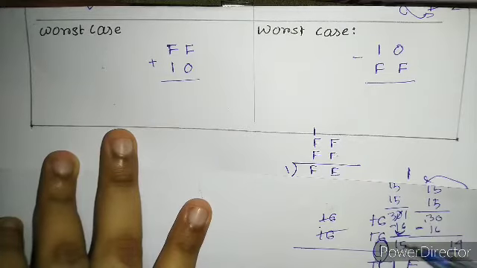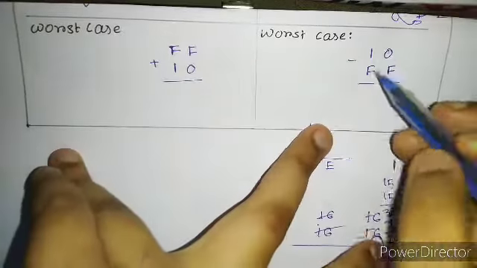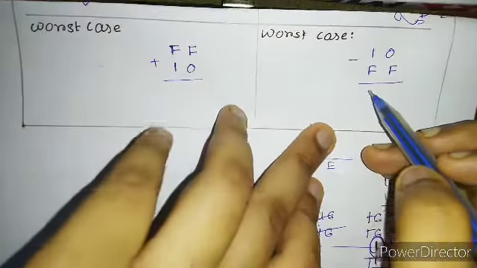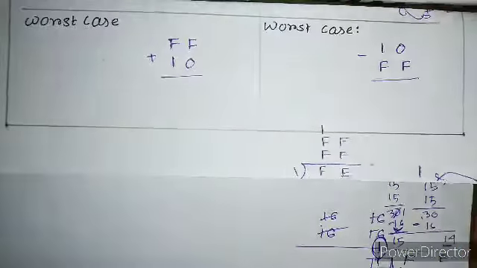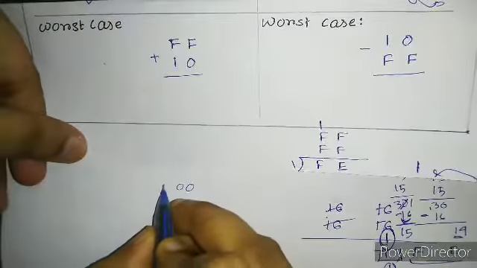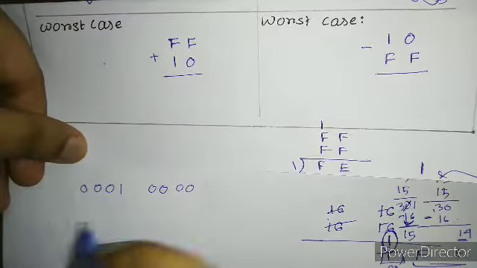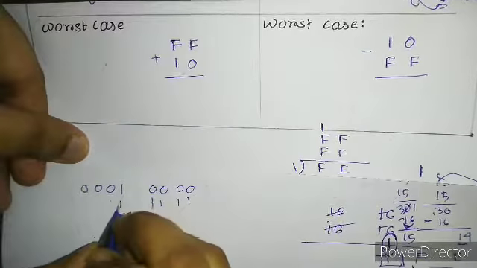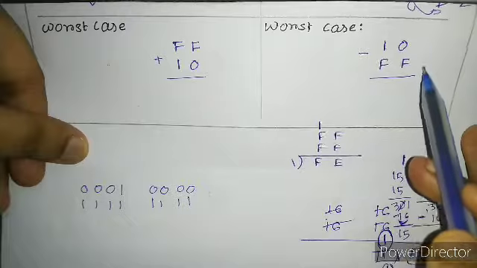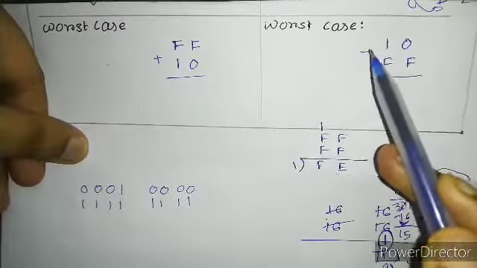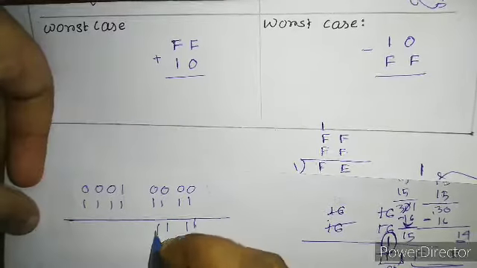But there could be a borrow, because if we are subtracting, I have taken the example 10 minus FF. You know what the answer is, right? Let's just do it. 10 is 0 0 0 0. I want to perform all the binary subtraction so that you can understand it better. 1 1 1 1. Because it is smaller and the other is greater, obviously the result will come in a negative number. But what will happen here is 1 1 1 1.